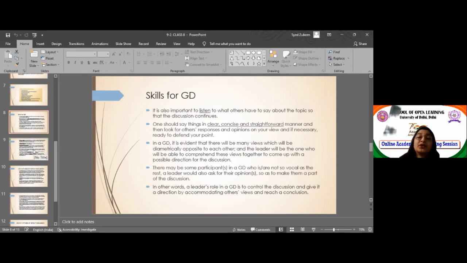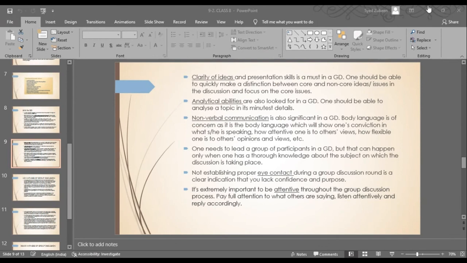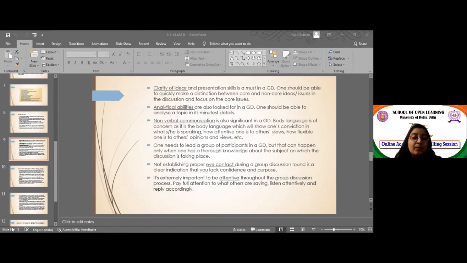The leader or the moderator should have good knowledge of the topic that is being discussed. The clarity of ideas is something that is equally important. How clear are you with the ideas that are being presented? The presentation skills of the ideas should be important too. The way that you are presenting the topic, is it good enough? Then analytical abilities and non-verbal communication, your posture, your body language